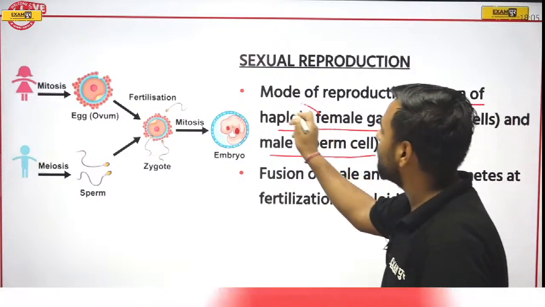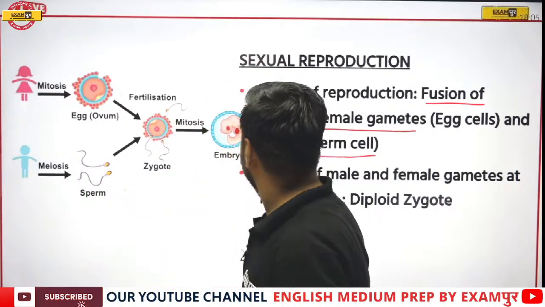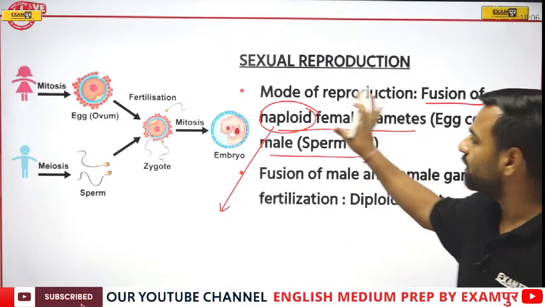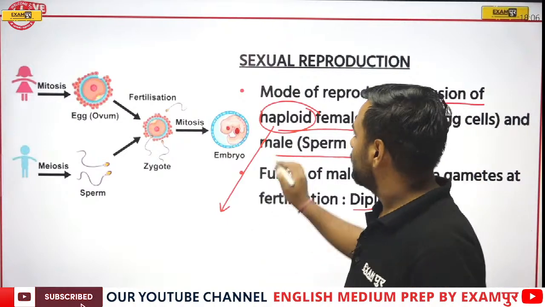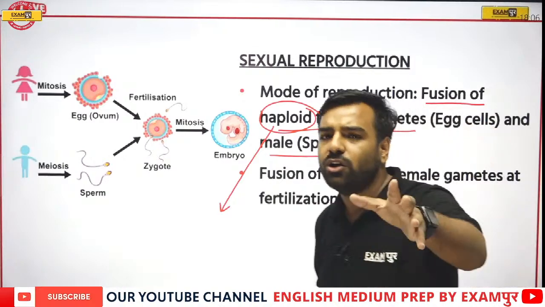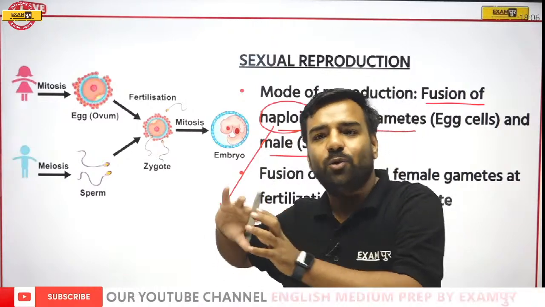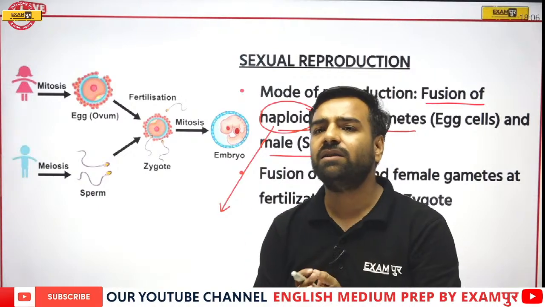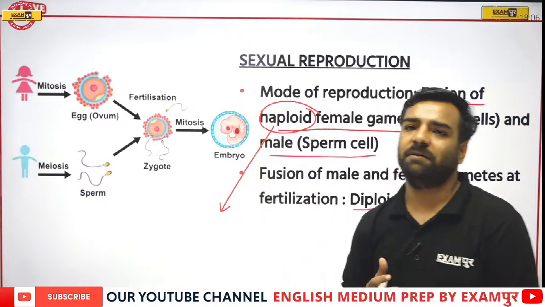Now what is this haploid? Let's understand this. If I'm talking about haploid, how many chromosomes will be there? Because this is going to give you clarity. Then I'll tell you what exactly is haploid and what exactly is diploid. Can you tell me the total number of chromosomes in the haploid? Yes or no can also be the answer. Are you aware of this answer? Pankaj, Udbhav, Shubham, Bhavna, anyone, are you aware of this part? How many chromosomes are there in the haploid part?